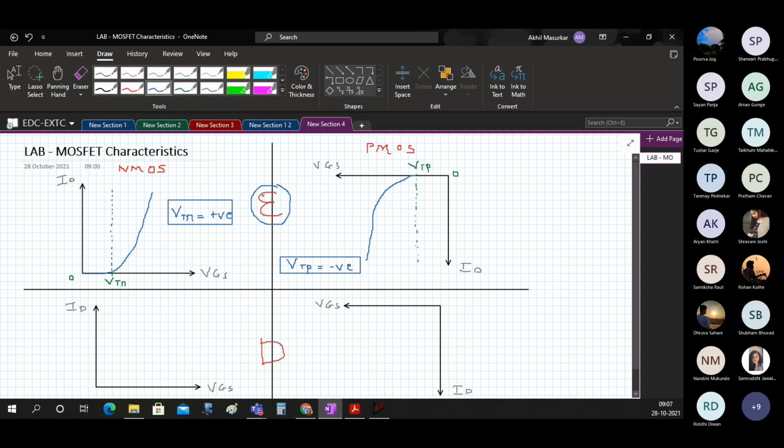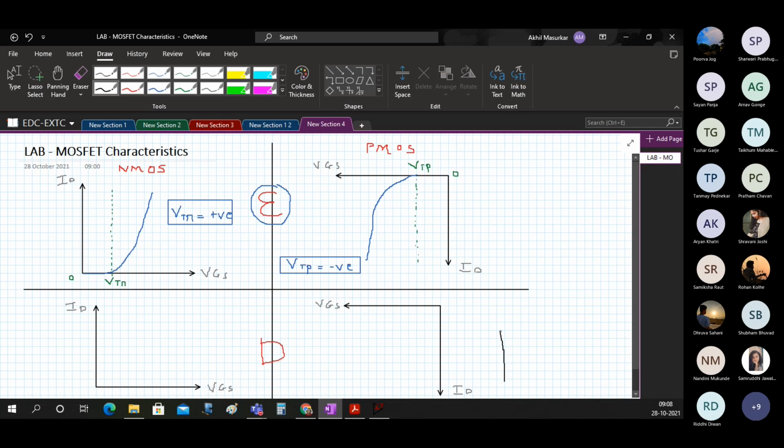Now this MOSFET is called enhancement type because you are enhancing the conductivity of the channel. You can see initially VGS is 0, which means current is 0. That means the conductivity is also 0. That is why no current is flowing through the MOSFET. When you increase the VGS, the conductivity of the channel enhances and the current starts increasing. So that is why this type of MOSFET, which we have already seen, is called an enhancement type of MOSFET. But there is also a second category of MOSFET which is called depletion type.